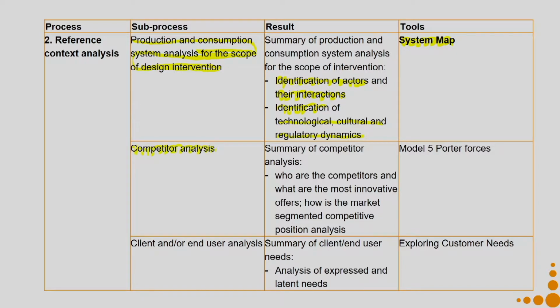Why do I do a competitor analysis after the identification of design scope? The reason behind that is once I know what my intervention scope is, or it might also be a couple of intervention scopes, I will only then be able to understand who my competitor is. Say for example, our previous example from the last class of Fresh, which is into manufacturing of water purifiers, and I want to create my new intervention scope, which is defined as a PSS solution for providing safe drinking water to my domestic consumers.